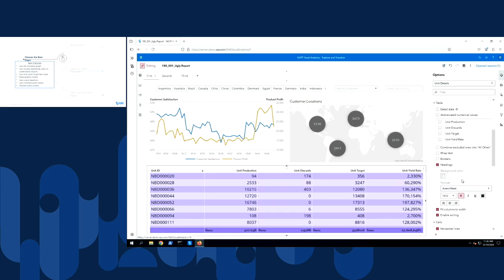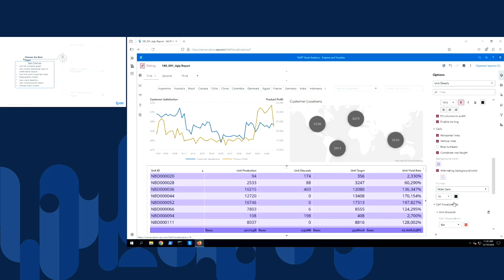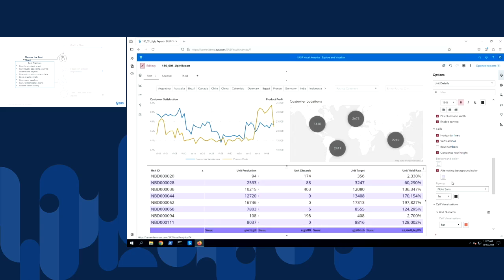I'm also going to look in the cells group. These are the individual cell values, and we have both a background color and an alternating background color displayed. For background color, I'll select the automatic color, which is also white. And then for the alternating background color, I'm going to select a pale blue. So it's still easy for me to distinguish between the different rows of the list table, but it's not so vibrant and atrocious as it was before.